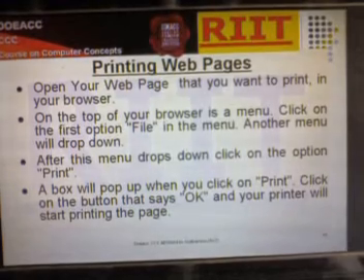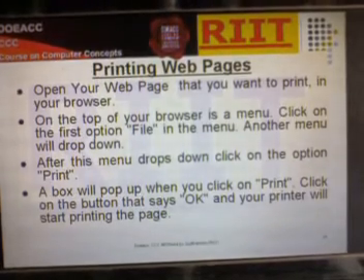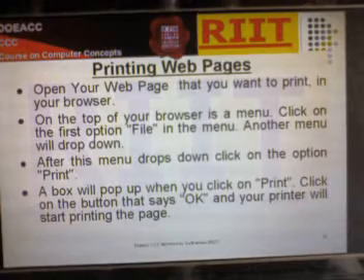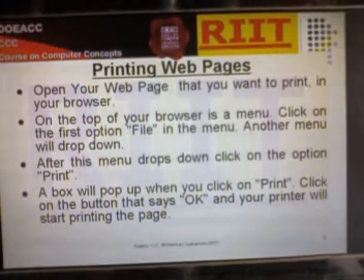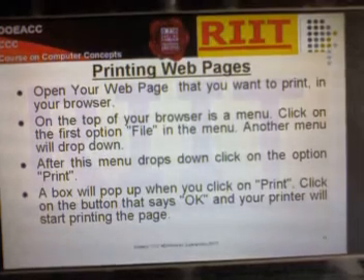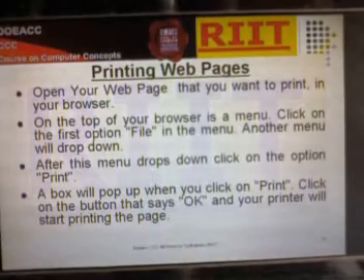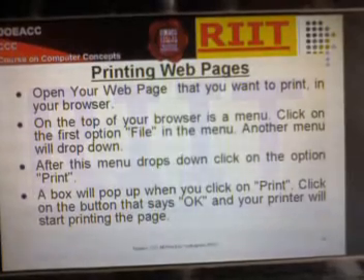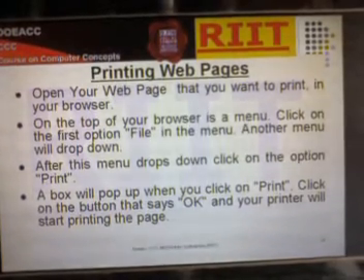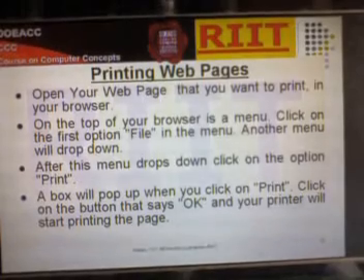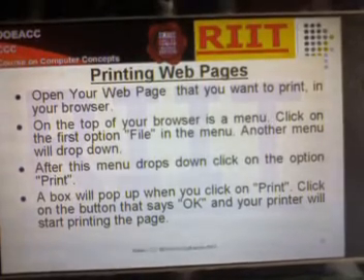Click on the first option, File, in the menu. Another menu will drop down. After the menu drops down, click on the option Print. A box will pop up when you click on Print. Click on the button that says OK, and your printer will start printing the pages.